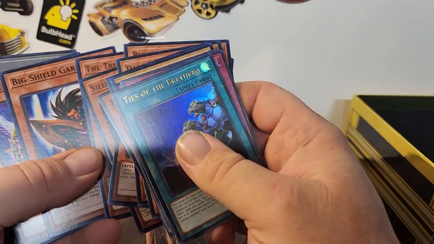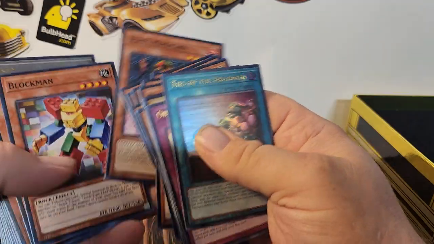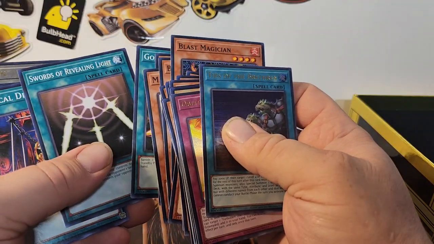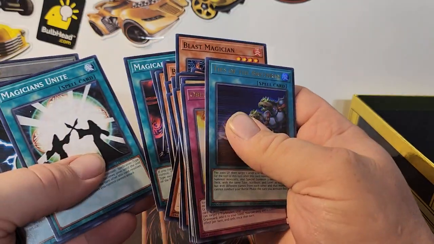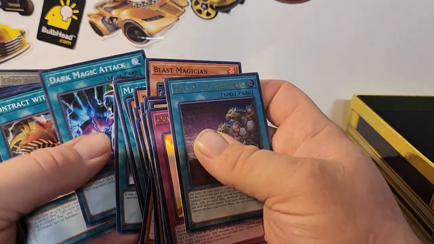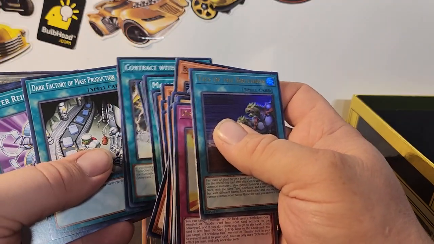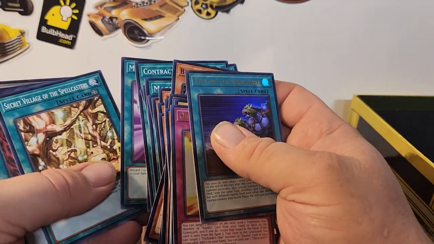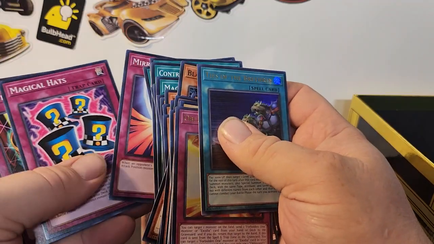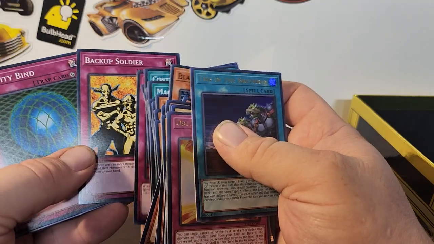The Tricky, Big Shield Gardna, Magician of Valkyria, Blast Magician, Blockman, Marshmallon, Sangan, Gold Scorpion, Swords of Revealing Light, Magical Dimension, Magicians Unite, Tricky Spell 4, Thousand Knives, Dark Magic Attack, Contract with Exodia, Messenger of Peace, Dark Factory of Mass Production, Monster Reincarnation, Secret Village of the Spellcasters, Spot of Duality, Mirror Force, Magical Hats, Magic Cylinder, Magician's Circle, Backup Soldier,